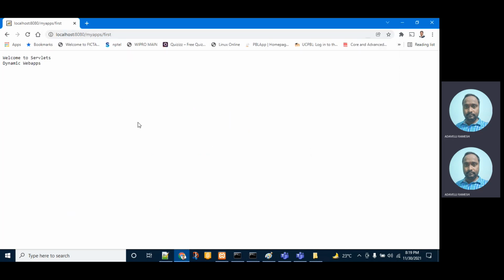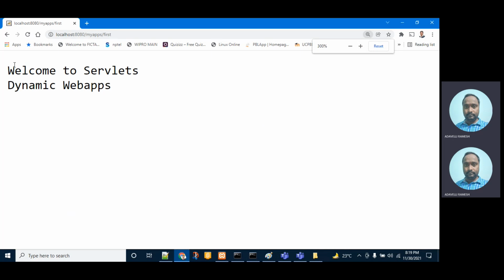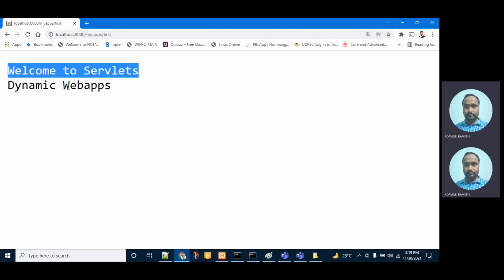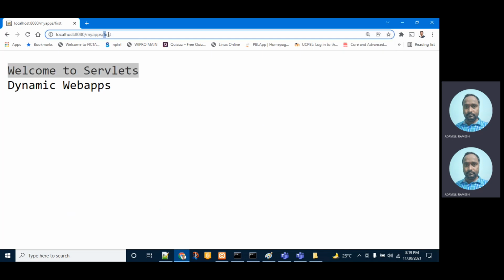Like this you access it, and you will get the response from the server. It came from the server because first is mapped to my servlet. My servlet is in the servlet container, which executes and gives the response to you.